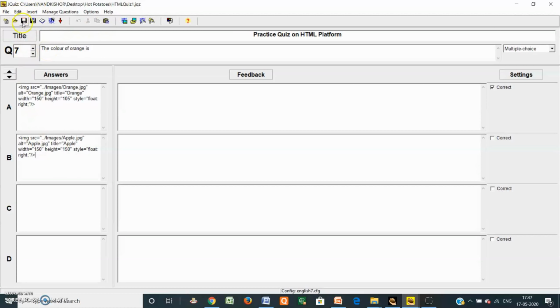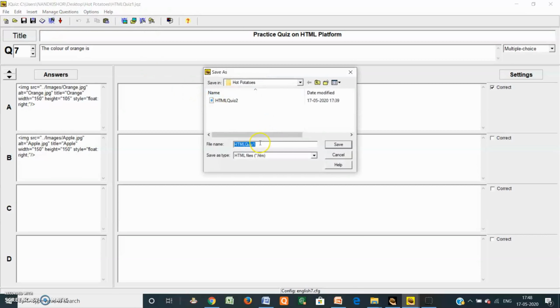Now after saving, the next step is very important: how to publish as a web page or HTML based quiz. This is the option where you can click, and publish your data or download it in your web browser. Kindly remember this very important step. This is the saving option, and this is the publishing. So here, export to create the Hot Potatoes version 7 web page. Just click here, then give the name, suppose quiz 3, and save.